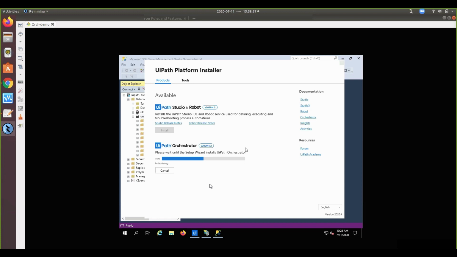Here you can see the version of UiPath Orchestrator which we are installing is 20.4.2. That's the reason we were able to give the host tenant password in the setup itself. In the earlier installations like 2019 and 2018, there are some default credentials which help us log in directly into the orchestrator.